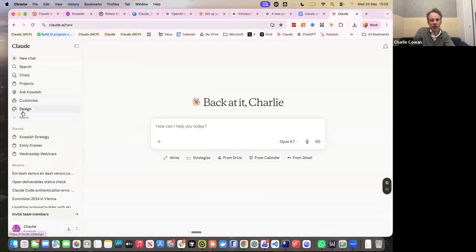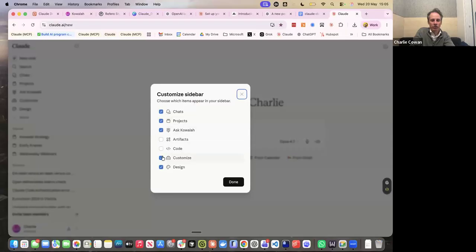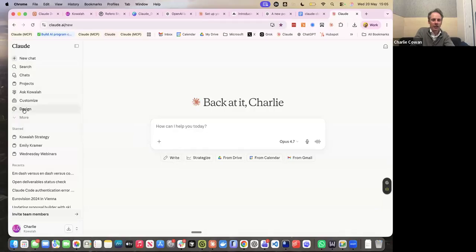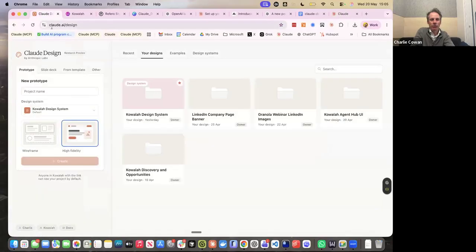If I go to my normal Claude, let me just go to Claude new here. You're going to see in the sidebar, you've got Design. If you don't see it there, there's a customize sidebar in your Claude, and here's where you're choosing things. So maybe Claude Design isn't there and you want to turn it on. You're going to click on that, and it's going to take you to this URL,